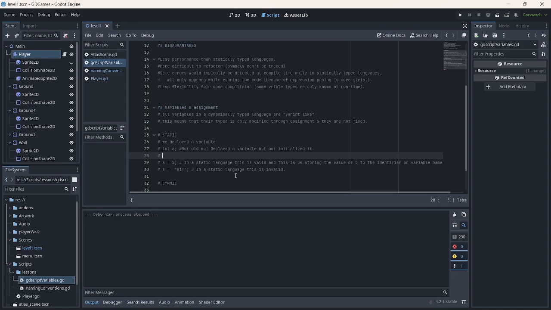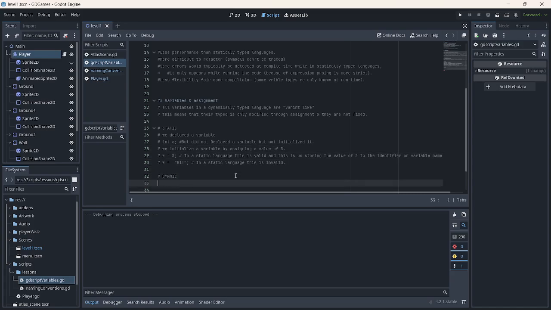In here, we initialize a variable by assigning it a value of 5. So we're initializing it. Declaring a variable is different from initializing it. We are storing a value.